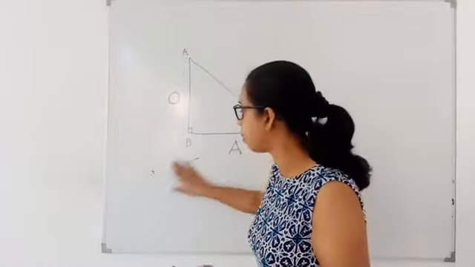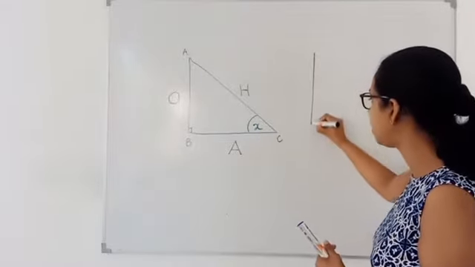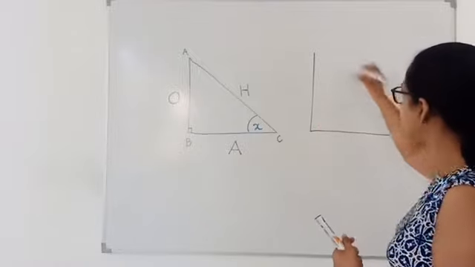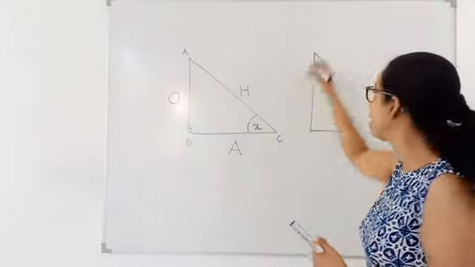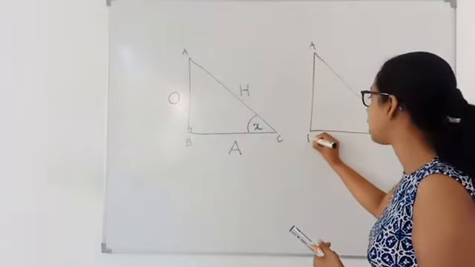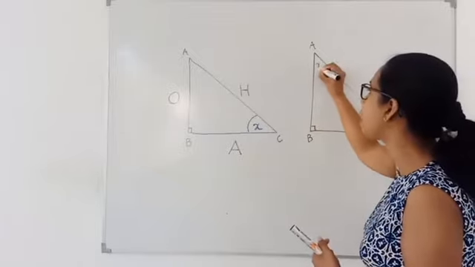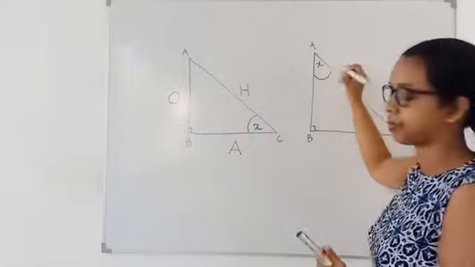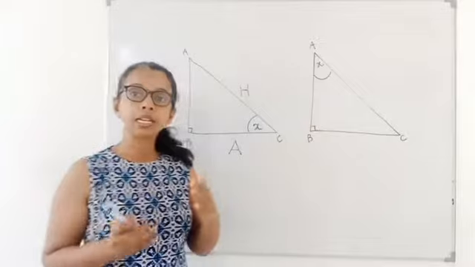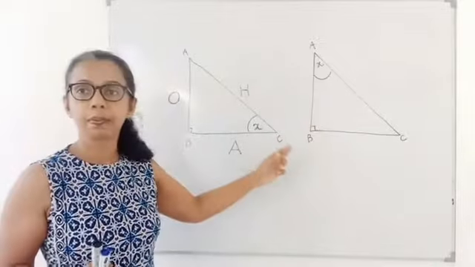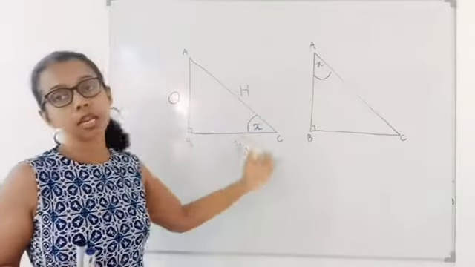Children, now I am going to do something else. The same ABC right angle triangle, where it was my choice to mark the angle x like this. Let's say the same ABC right angle triangle with the same measurements. But this time I am going to mark x like this. Now tell me what will be the hypotenuse. Earlier the hypotenuse was AC, the opposite side AB and the adjacent side BC.